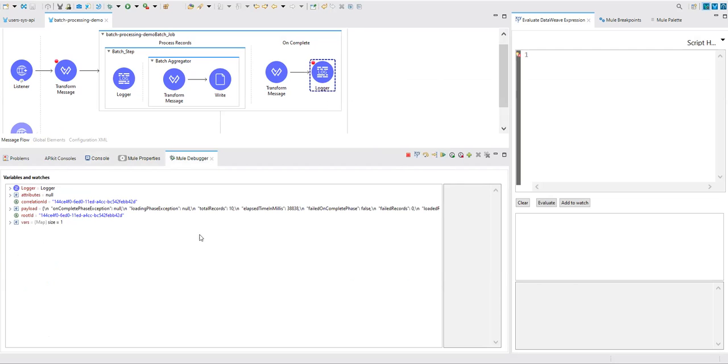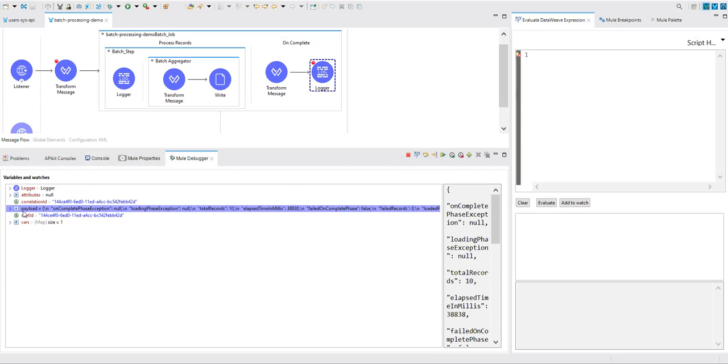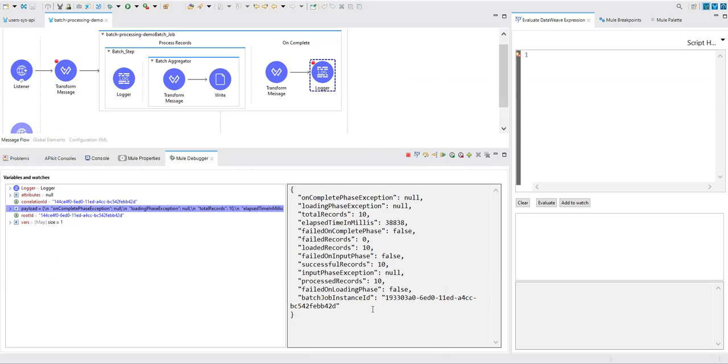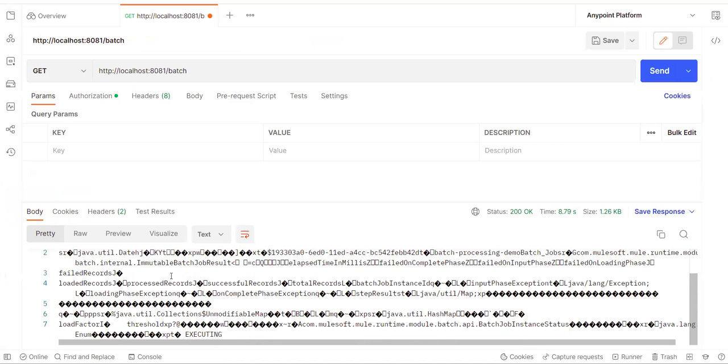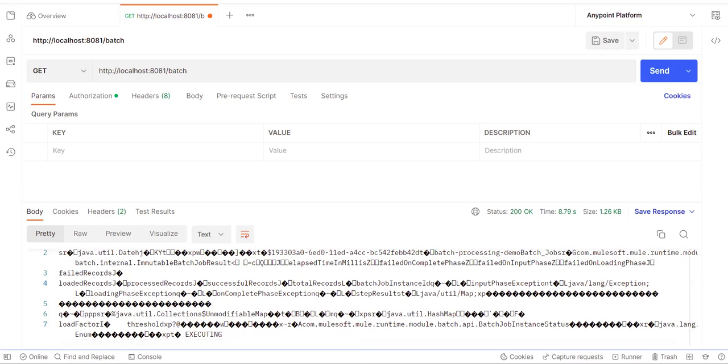Finally, if you look here now, the payload: see a process record, failed record false, total records 10, successful record 10. If I go at the end, done, see the output. So finally,